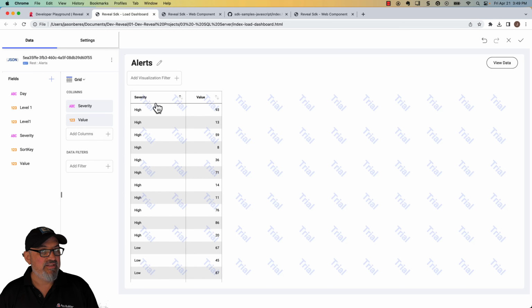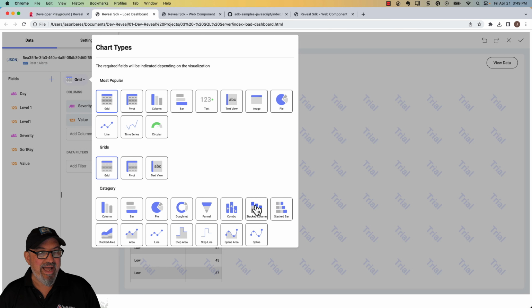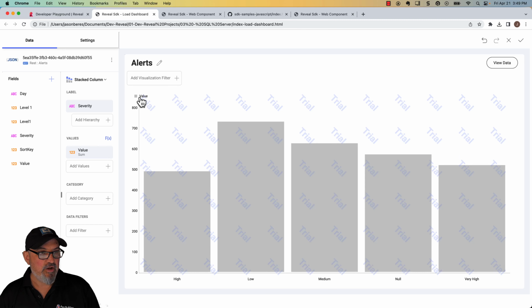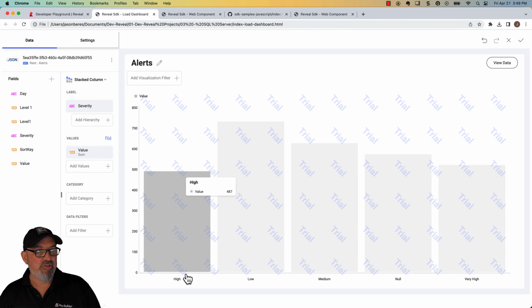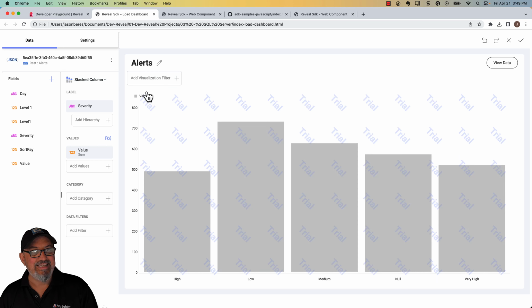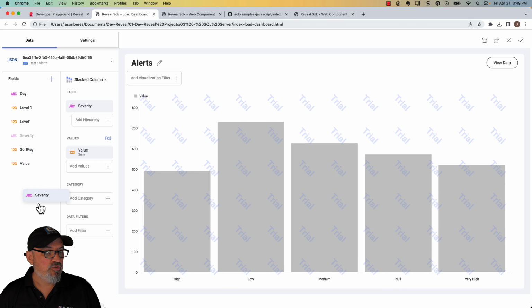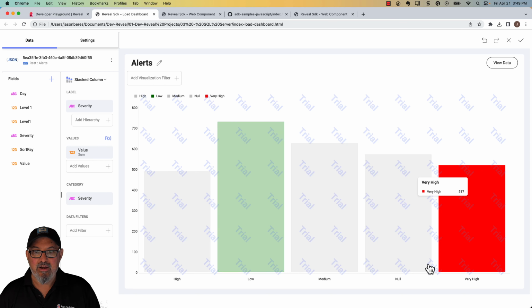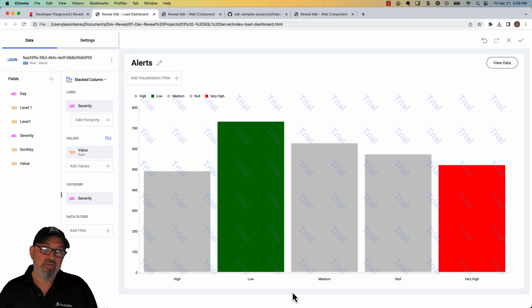If I look at this as a grid, you can see I have all my highs and all my values in this case. I'm going to go back to a stacked column. So I've got all of my data here, and you'll see that it just shows the value, which is right here. But I want to actually show each one of these guys inside of my legend. So I'll grab my severity, I'm going to add it as a category, and there it triggers my colors on